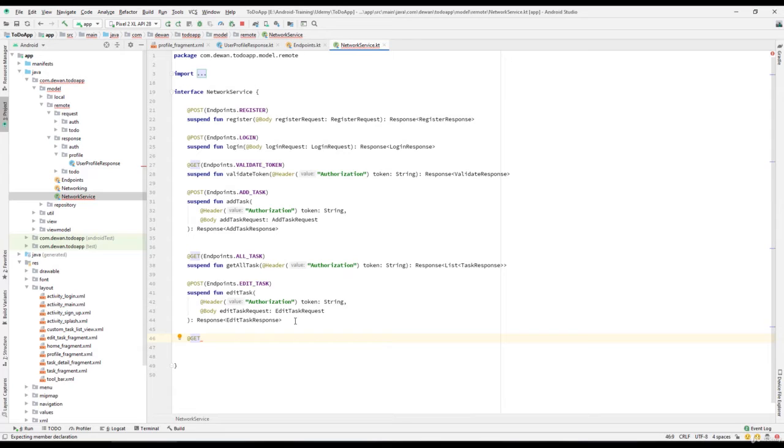That's the GET we need, and inside this I will have Endpoints.get_user_profile. And what we need to do is create a suspend function, and this suspend function will be of getUserProfile. And if you notice, what we have to do is pass the authorization header. So let us create a header. So we need to pass the authorization, and what we also need to pass is the